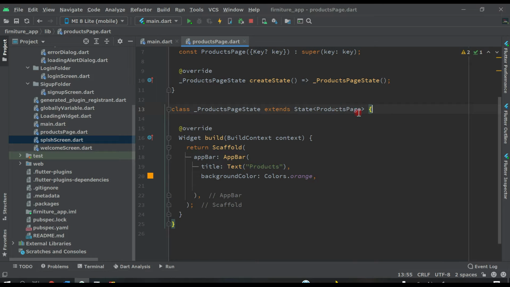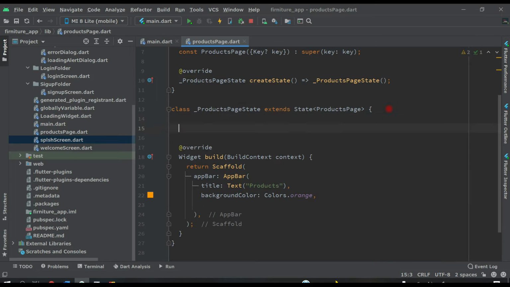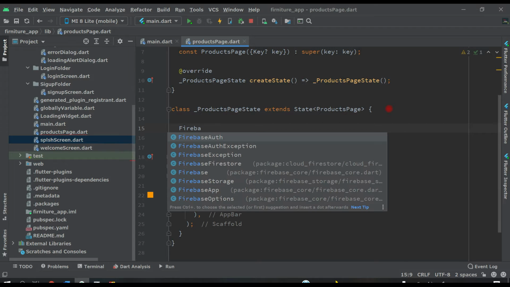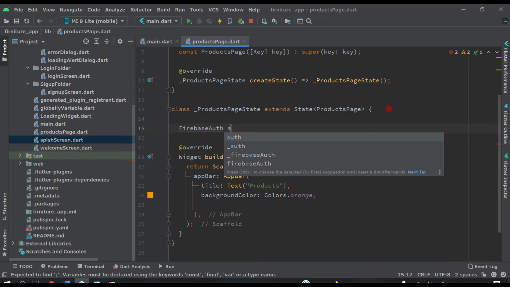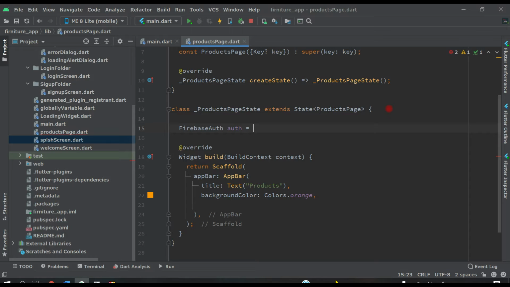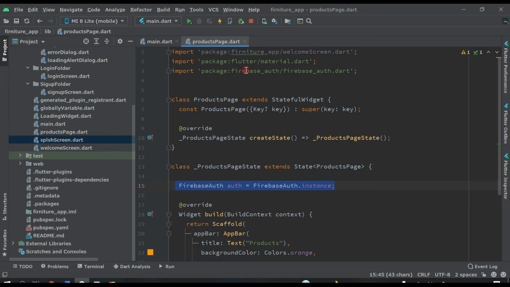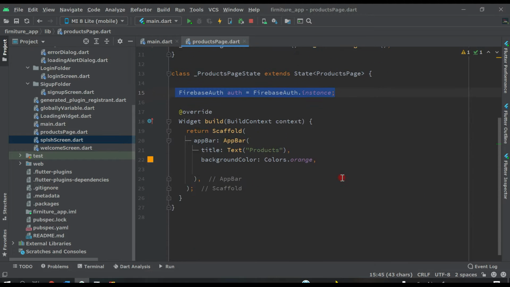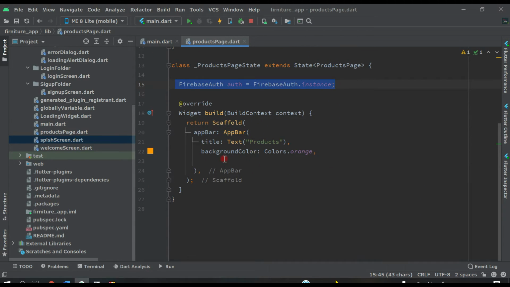After this state product page class, let's write Firebase auth equals to FirebaseAuth dot instance. So this is your instance and this is your package for Firebase auth. Now let's start adding these icons.